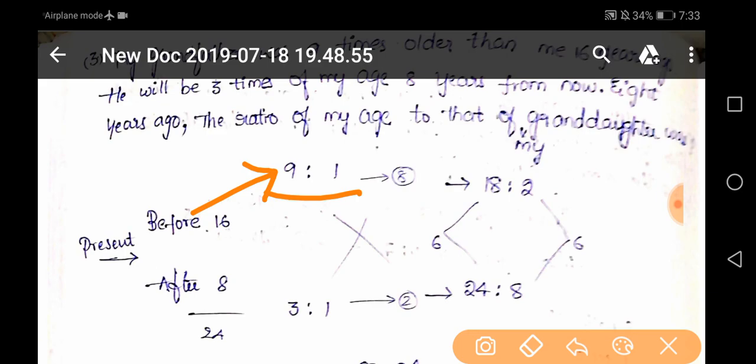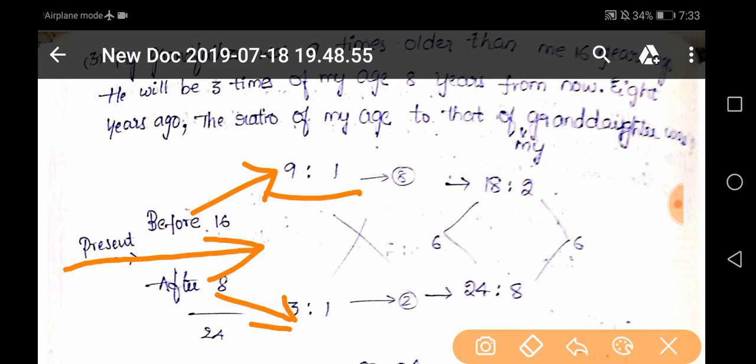And after 8 years, what is that? 3:1, it seems. Okay, it is fine, before 16 years and after 8 years. And in the middle it will be the present age, right? Before they have given and after they have given, in the middle itself it will be the present age. So be careful, just think logically. They have given you before 16 years and after 8 years, and something will be there in the present. So what they're asking,